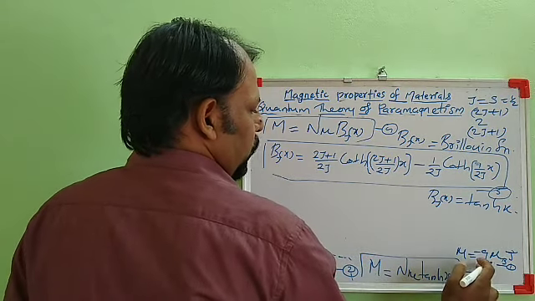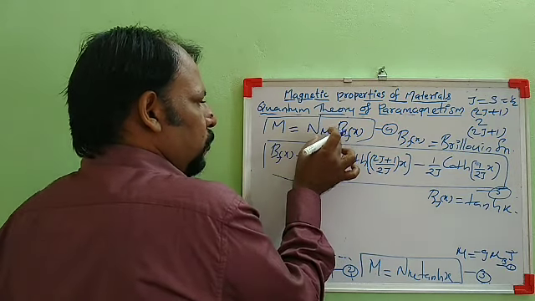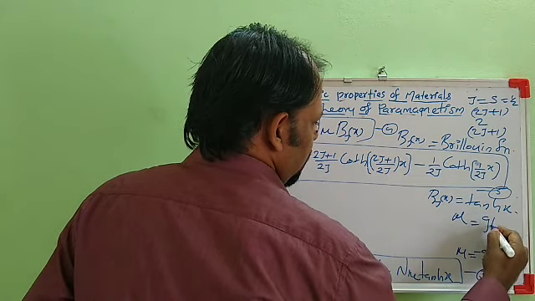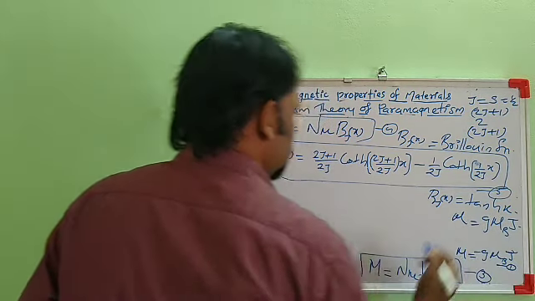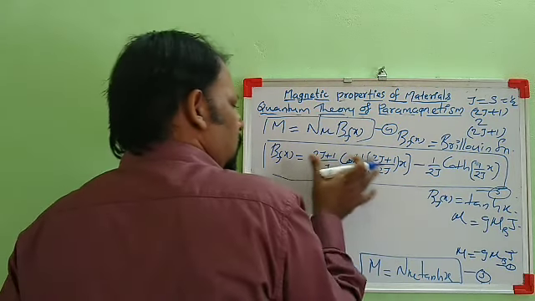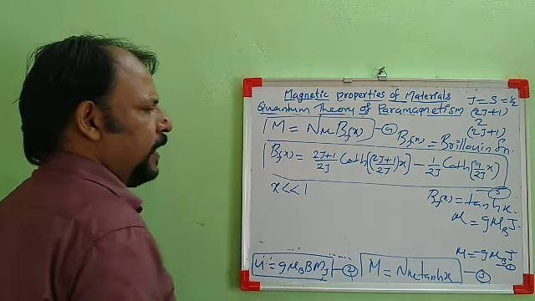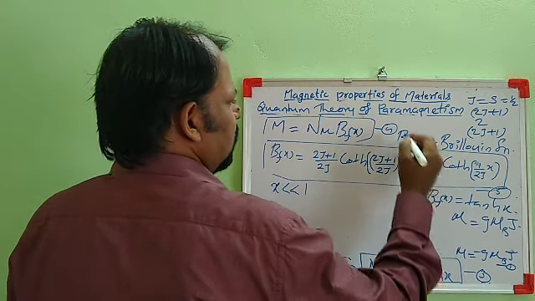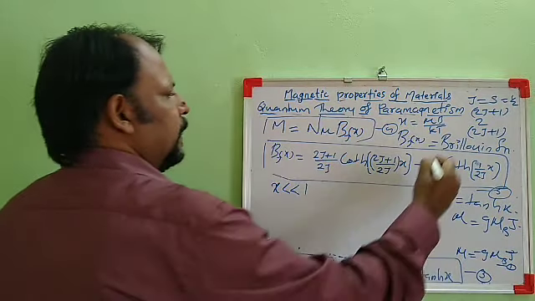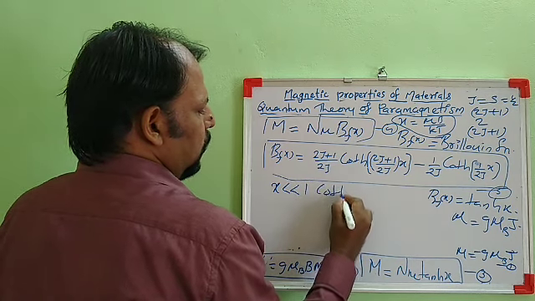And mu we know, in this equation, this mu is the magnitude of magnetic moment. Its magnitude will be g mu B J. So it will be g mu B J. This is the general expression for magnetization. Now we do this for x very much less than 1. x is actually mu B by kT, and if mu B by kT is very much less than 1, we know that coth x